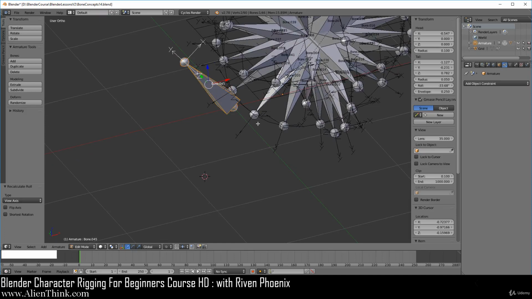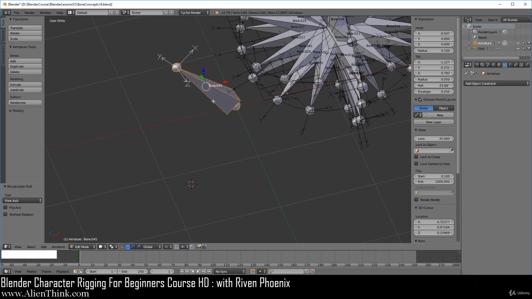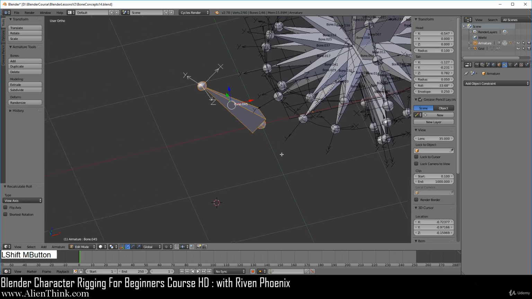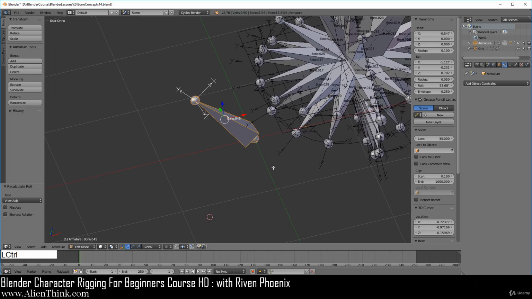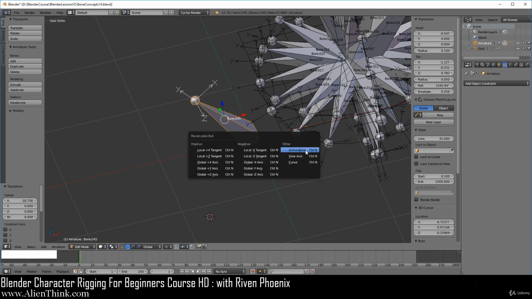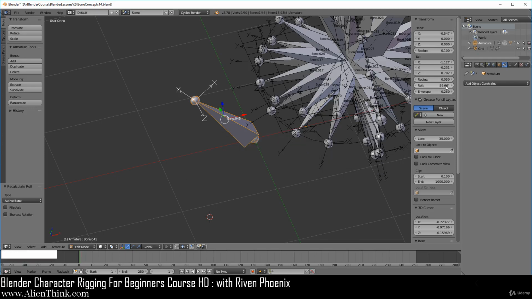So this is another technique that you can use when you are working with bone rolls. Okay, now here I've shown you that when you do Control R to change the bone roll, you can just twist, twist, twist, and make this go into the thousands, right? Like this. Do left click. Now when you do Control N, you can actually do active bone, and it'll just fix it for you,